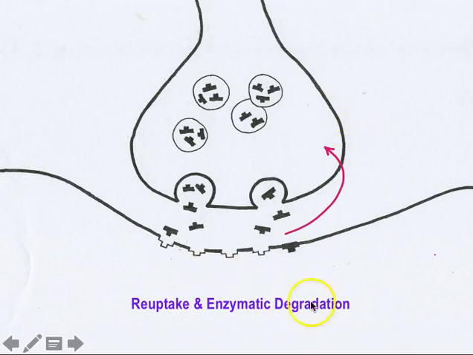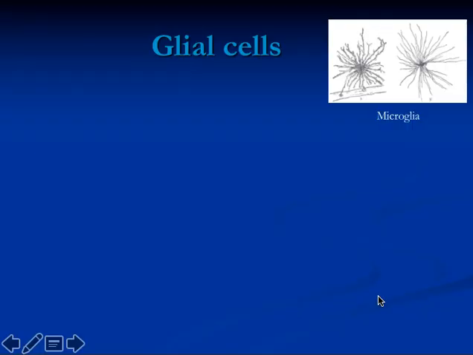So some of them are reuptaken, some of them are degraded, some of them are broken into their parts, and then those parts are recycled. It just depends on the neurochemical itself. So that is reuptake. Now I'd like to tell you a little bit about glial cells so you can be